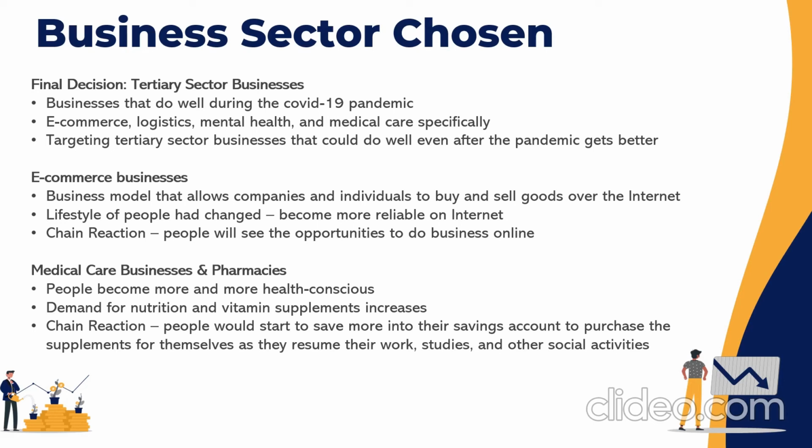COVID-19 global pandemic has surely provided an opportunity for certain kinds of businesses, especially for the business operating in the service sector such as the e-commerce. These businesses are offering their business via online platforms and websites. This is because the global pandemic had changed the lifestyle of everyone in the world significantly, where people are becoming more reliant on the internet when performing their activities in terms of personal and businesses. This also provides an opportunity for people with the desire to start their own small online business